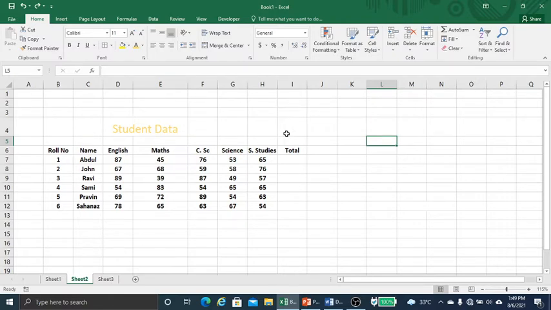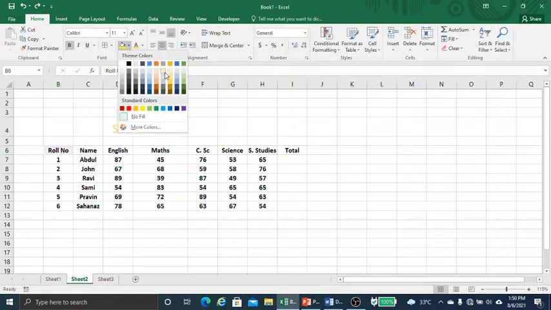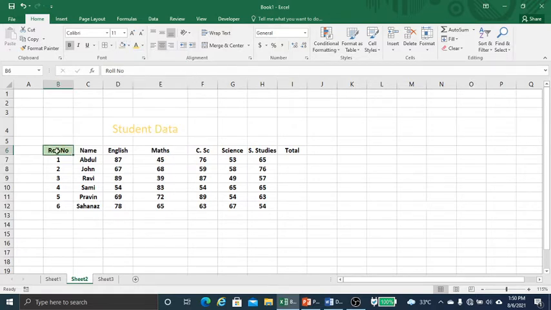Next, how can we give cell shading, meaning the background of a cell? Suppose I want to give a background to this cell. I select this cell and click here, fill color. If I choose green, you can see the cell has a background color like this.